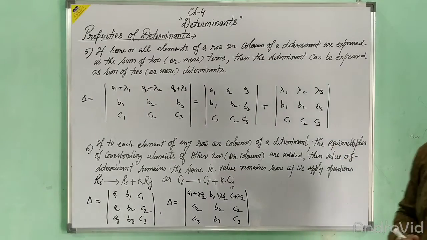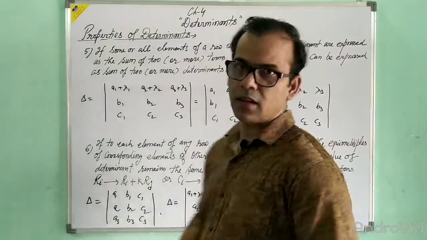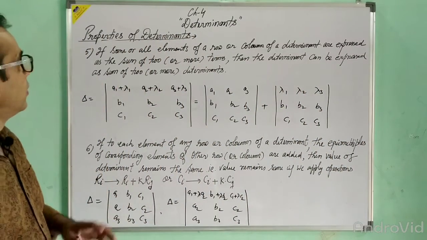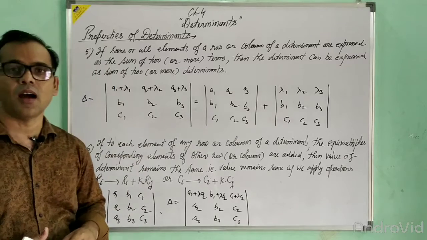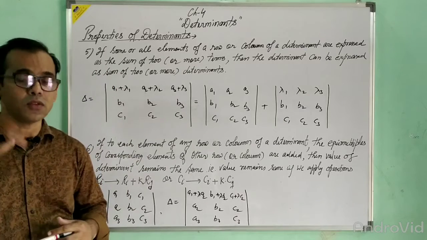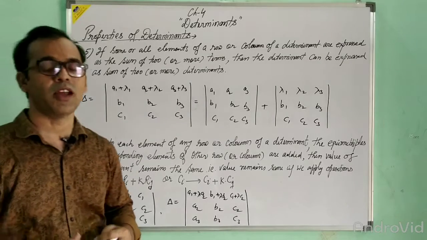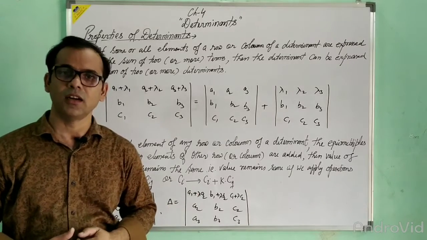Okay, so this way we have explained to you the 6 properties of the determinant, and that will help you all. Okay, and now I am going to discuss the application of the determinant. How is it used to get the area of the triangle? So how will you get the area of the triangle using the determinants?